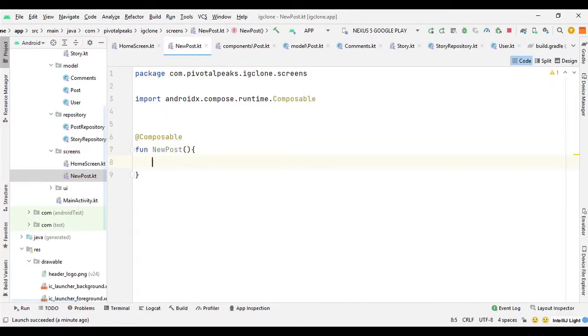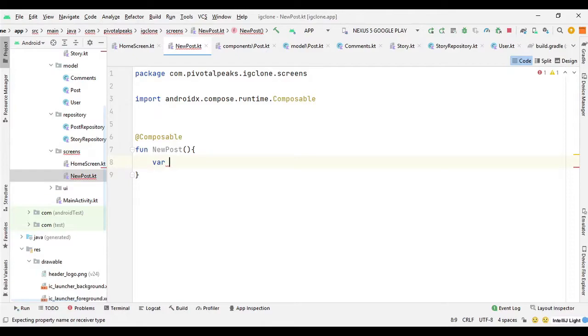Then we need to declare the two variables for the image URL and for the caption. So we are going to use var instead of val, because it can change its state, because val is a final type and it cannot change once we initialize it.